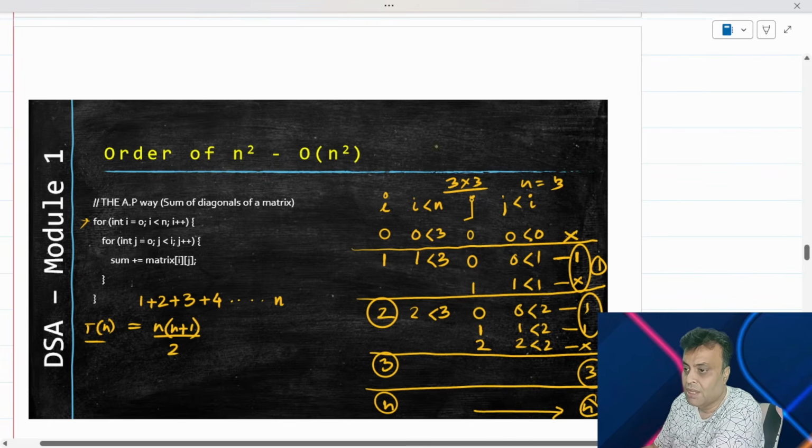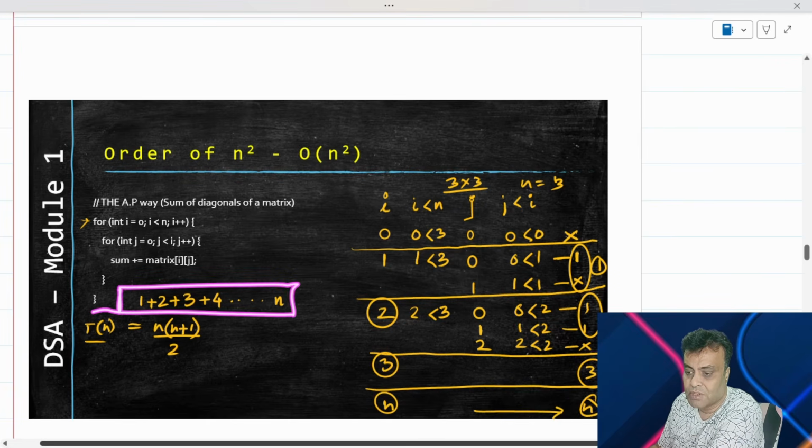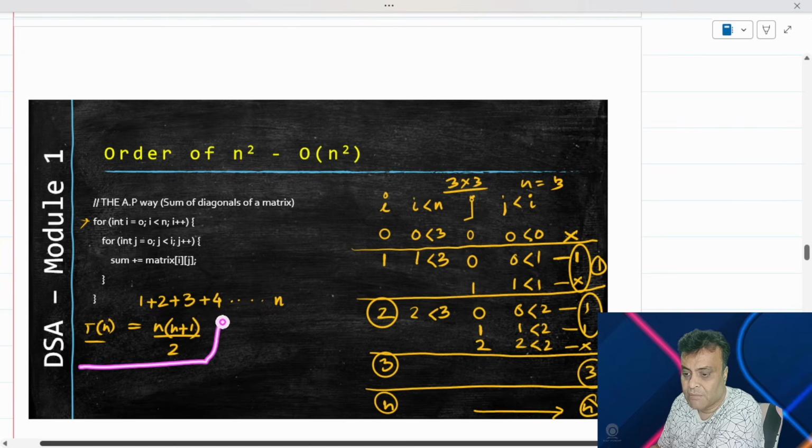I hope you understand. I'll repeat again that every time I increases, j runs for that many number of times. Every time I increases to 2, j runs for only that many number of times. 2 means 2 times j will run. 3 means 3 times j will run. N means n times j will run. So can I therefore say it runs these many number of times? And therefore can I say by AP logic, my formula for Tn is this.